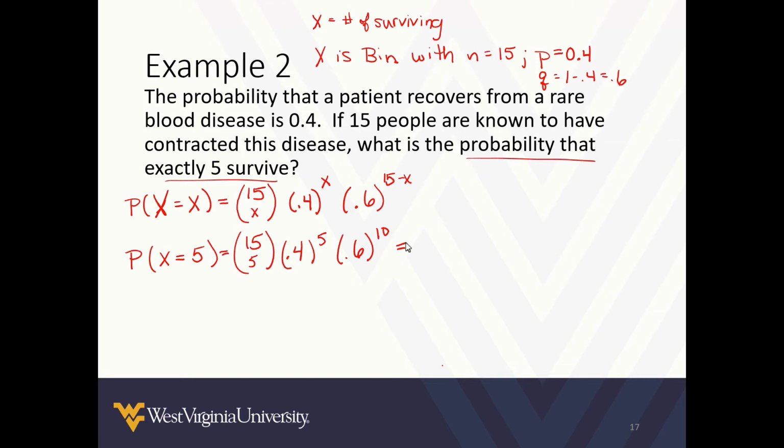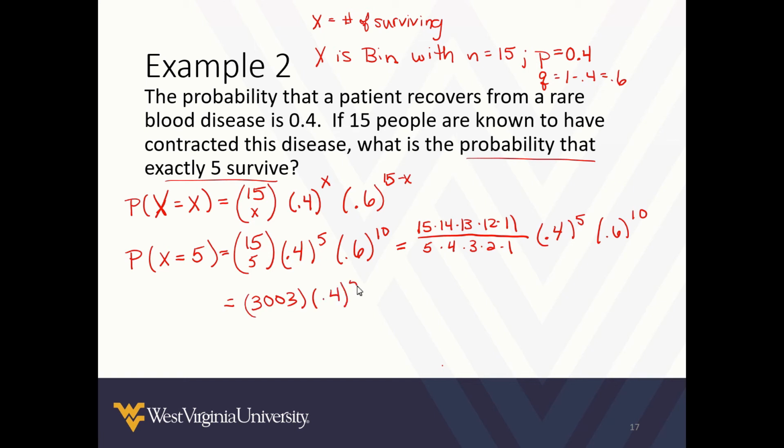Simplifying, this would be 15 times 14 times 13 times 12 times 11 divided by 5 times 4 times 3 times 2 times 1. Multiplied still by 0.4 to the 5th, multiplied by 0.6 to the 10th. This would be simplified to 3003 multiplied by 0.4 to the 5th and 0.6 to the 10th, which would give us a probability of